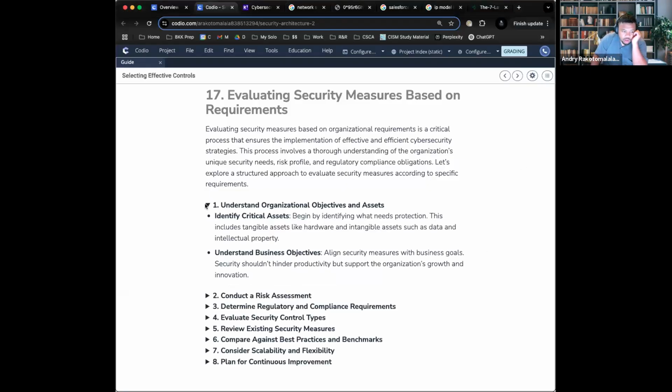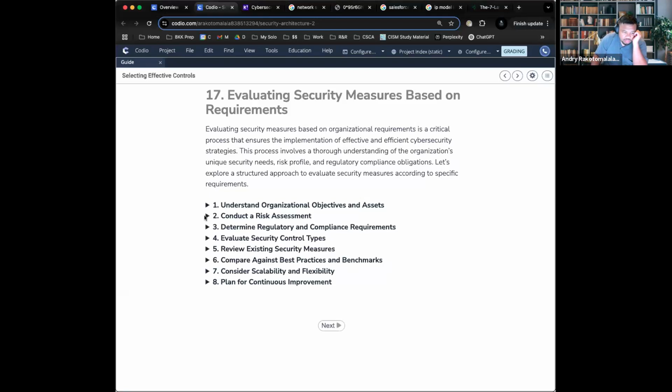I will let you all dig into each of these in and of themselves, but in essence, I would summarize all of this by saying, do your due diligence. As an organization, you have to understand: what does my organization do? What kind of data does my organization have? What are the risks of the things we do and the data that we have? What are the threats that could impact us?